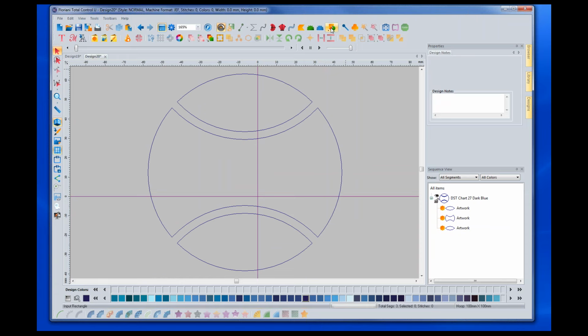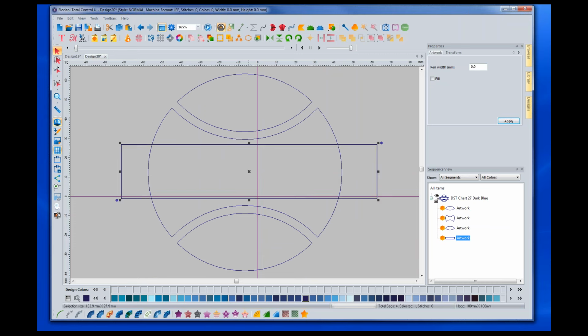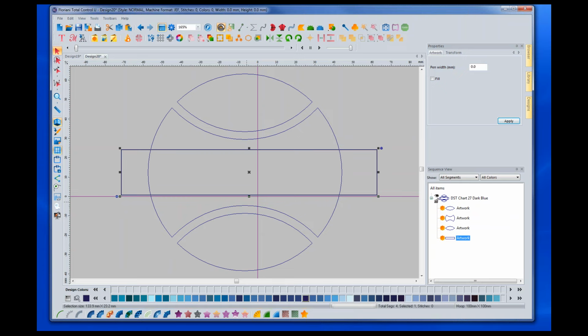What I'm going to do is grab my artwork tool up here, my rectangle, and I'm just going to draw a box across it like this. And I might tweak this a little bit. I'm going to kind of come in. I'm going to try to make sure that I have about the same amount of distance above and below here. But once I have this,